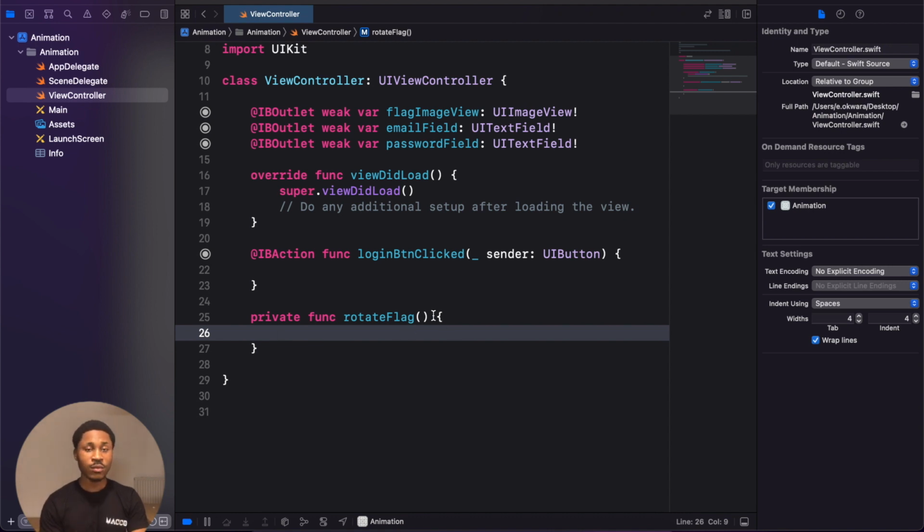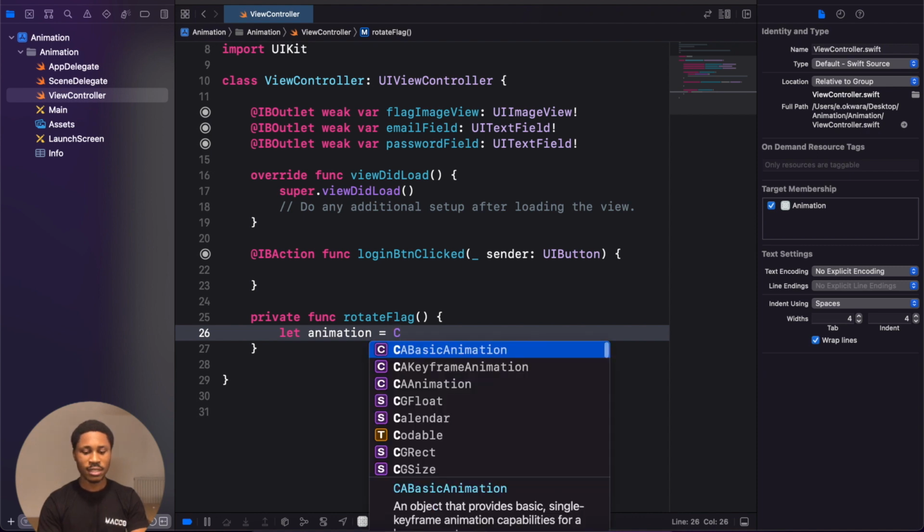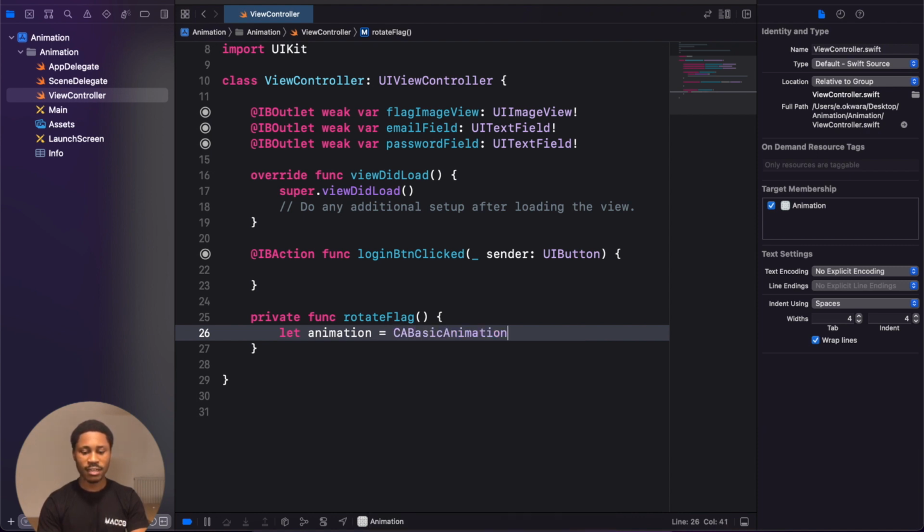Now, the first thing we want to do here is we're going to create an animation, all right? And this animation is going to be of type CABasicAnimation. And this takes in a key path. Now I'm going to leave a link to a website where we have different key paths. But basically what we want to do here is specify the type of animation that we want to perform. Okay, so since we want to do a rotation, what we're going to do is say